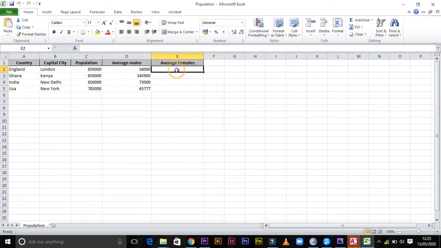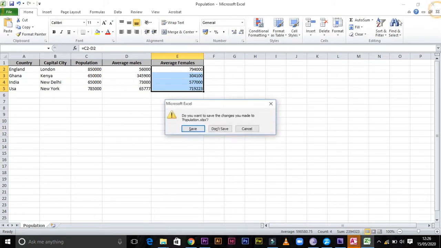Now here in Excel, you just know that calculation is very easy. You just write equal sign, then you click population minus from the keyboard, click the average males, then you enter, and you can see you're getting the answer. After that, we said that in the other lesson about Excel, there is autofilling. So you just click on this icon, then you drag for it to calculate all of the other fields. So you just create one, then you autofill to see if it will calculate. It just copies the formula from one cell to the other.